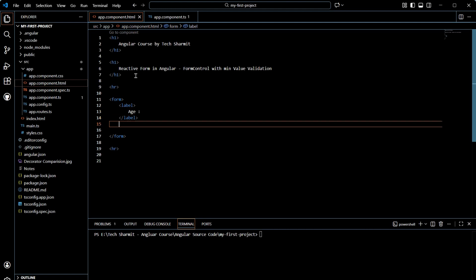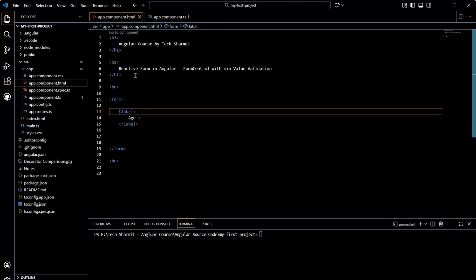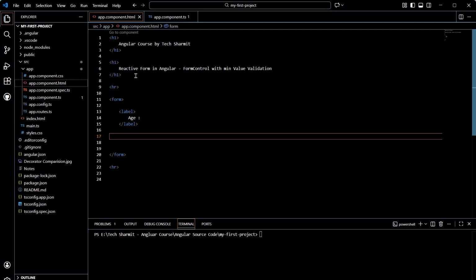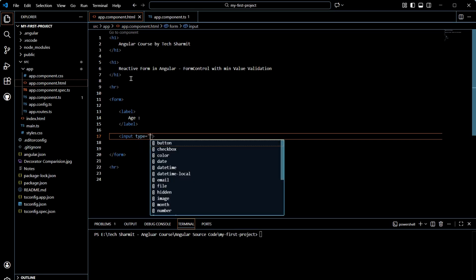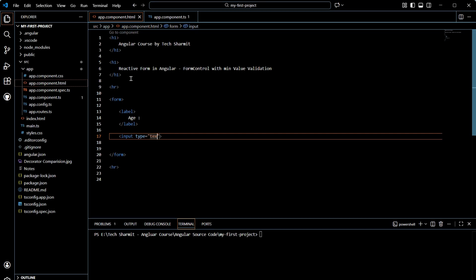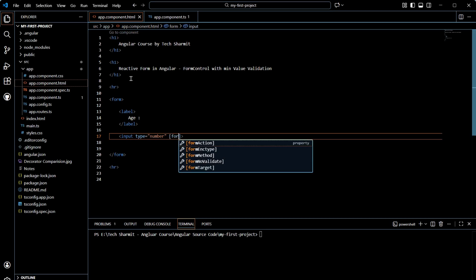Okay, and then we will add one input field here, and in the input field we will mention type as text, not text. We are going to accept number this time. Okay, so let's make it as number because this is age, right? And here I will assign form control